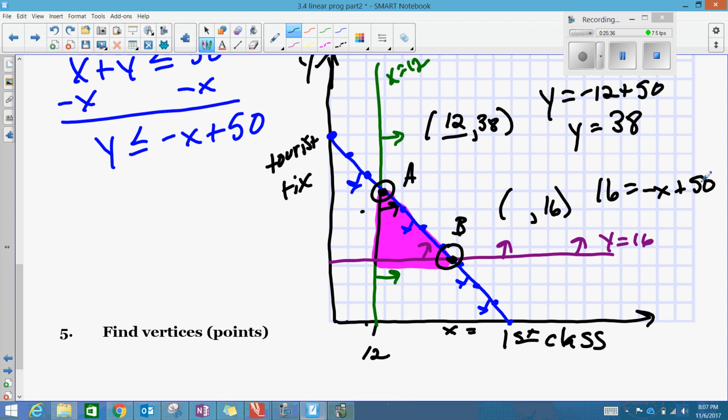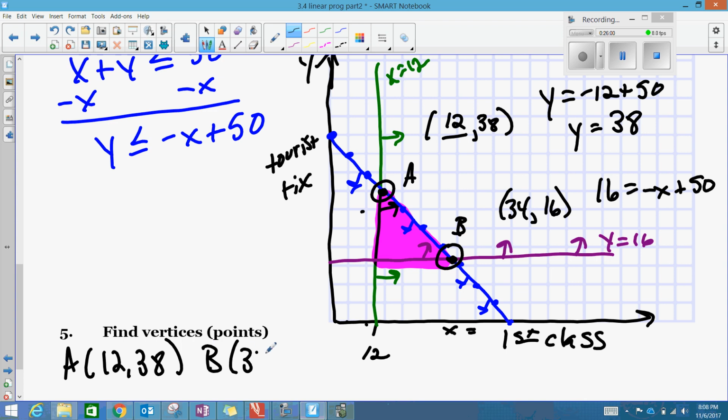Right, so if we solve that, it's 50 minus 16, so x is 34. And again, we can check that, 5, 10, 15, 20, 25, 30, so it's above 30, so that makes sense. So we've got A is 12, 38,